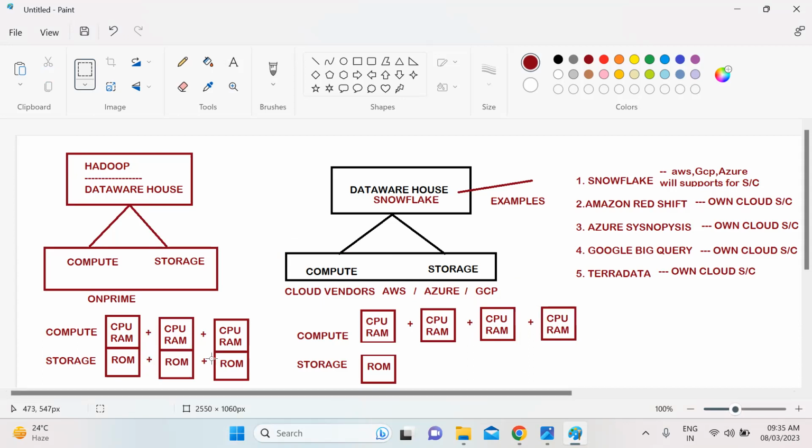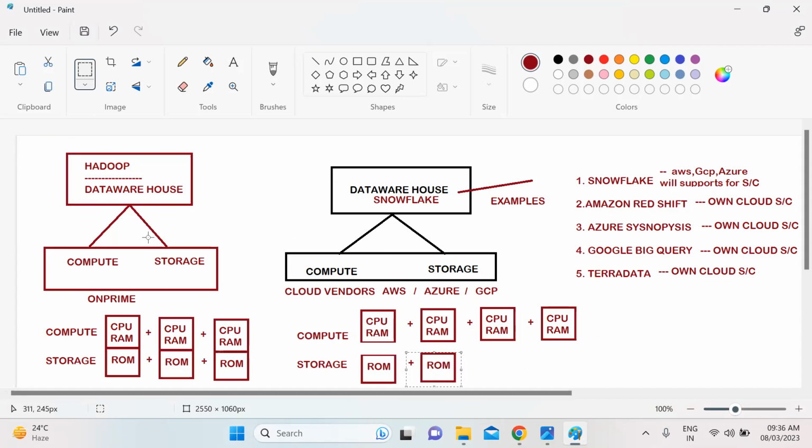If you want to increase storage, you can increase the storage individually.